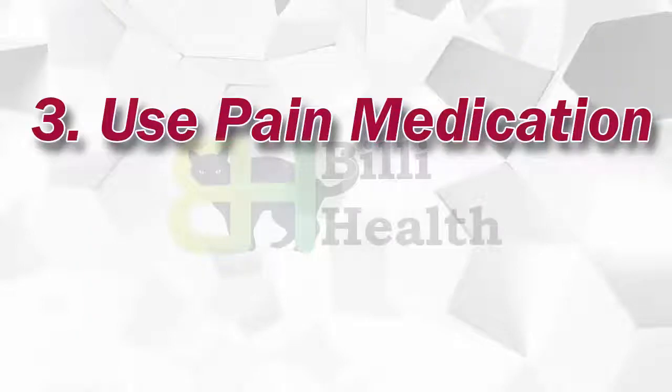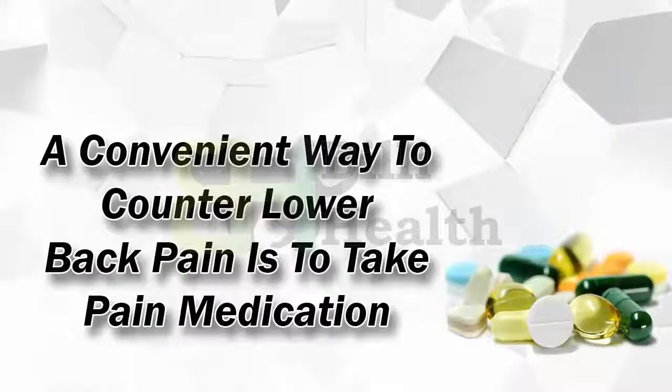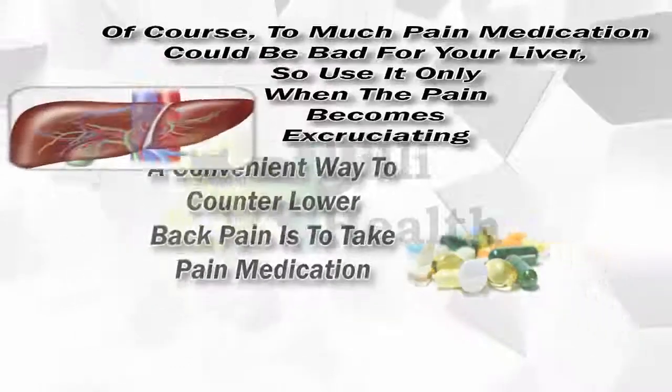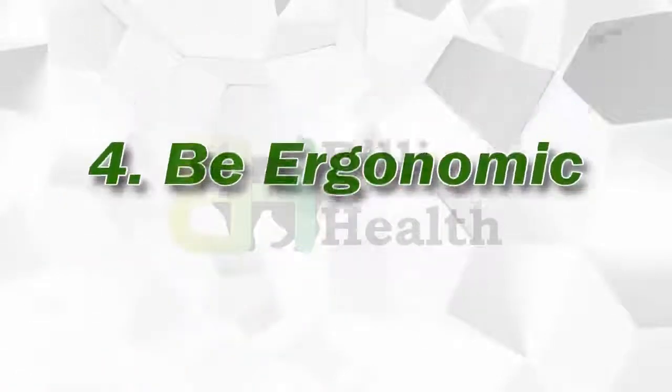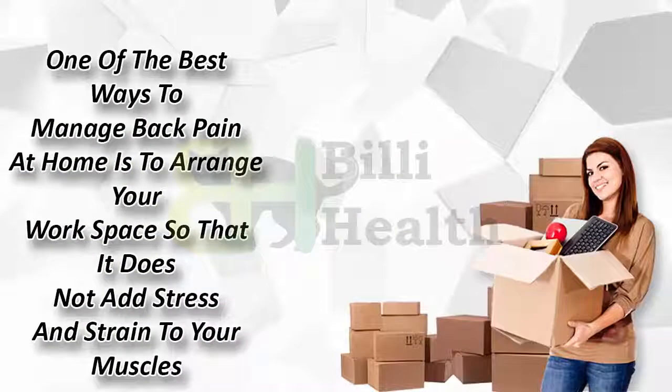3. Use pain medication. A convenient way to counter lower back pain is to take pain medication. Of course, too much pain medication could be bad for your liver, so use it only when the pain becomes excruciating. 4. Be ergonomic. One of the best ways to manage back pain at home is to arrange your workspace